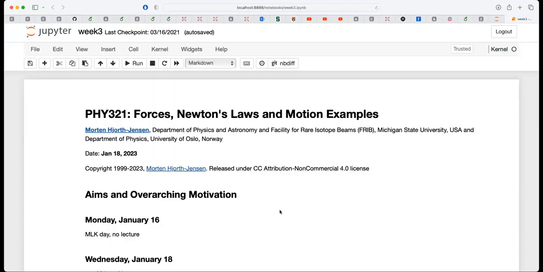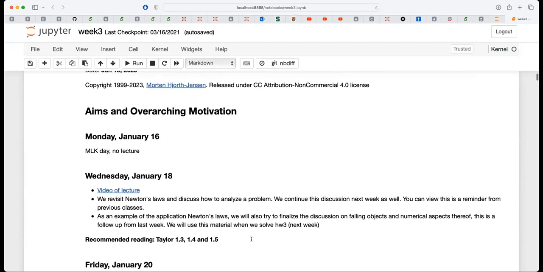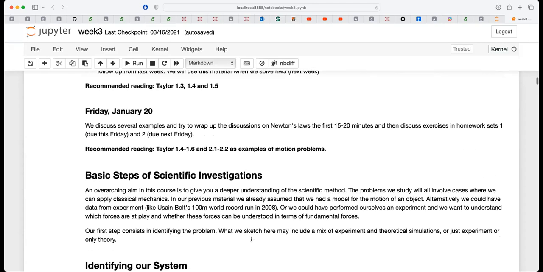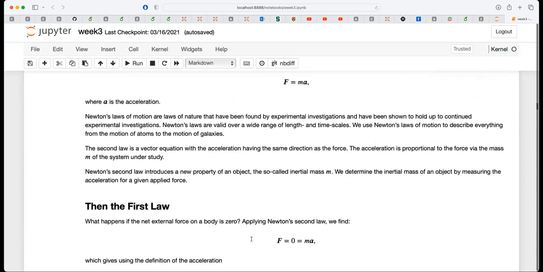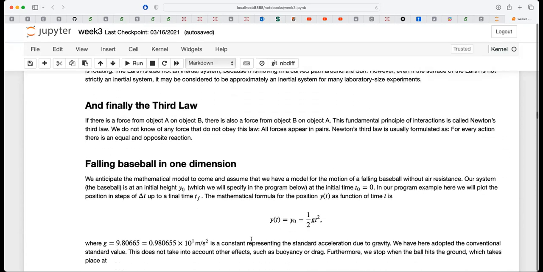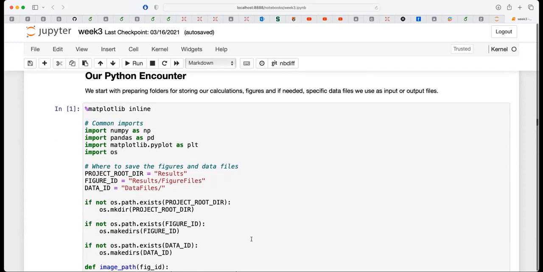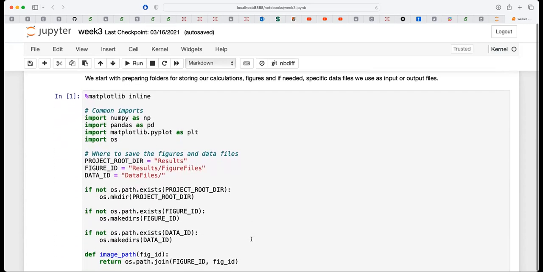So if you go to the lecture slides for this week, you will find the lecture slides as a PDF file or a standard HTML or as a Jupyter notebook. And this is just a Jupyter notebook we are looking at. And if you look at this specific example which we had, in these lecture notes, if you think that your Python programming is a little bit rusty, feel free to use these programs.